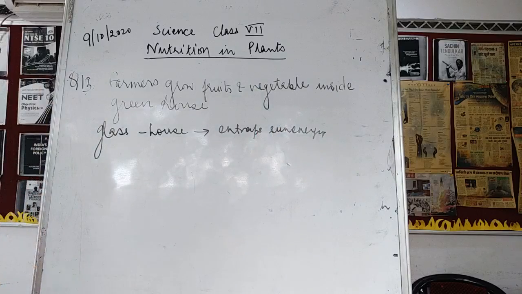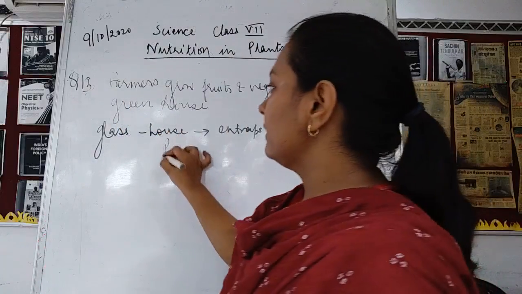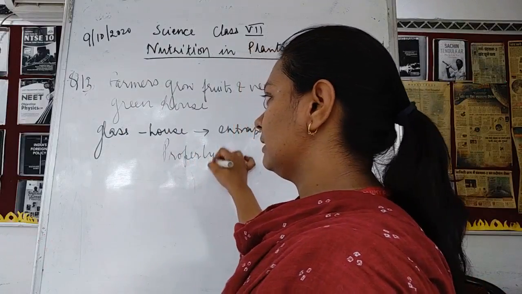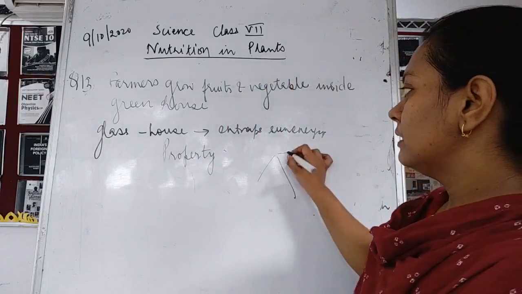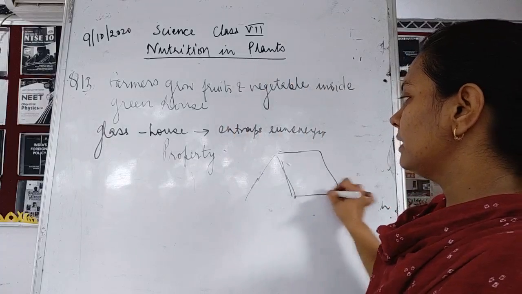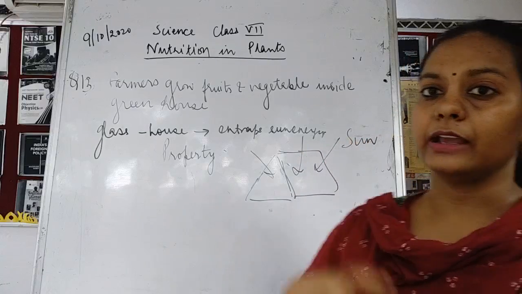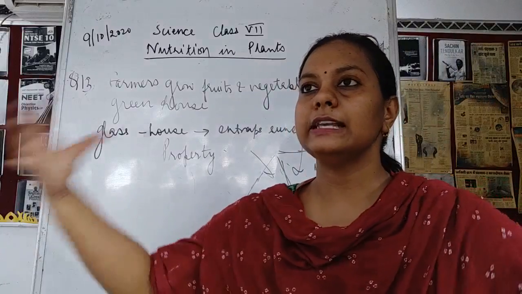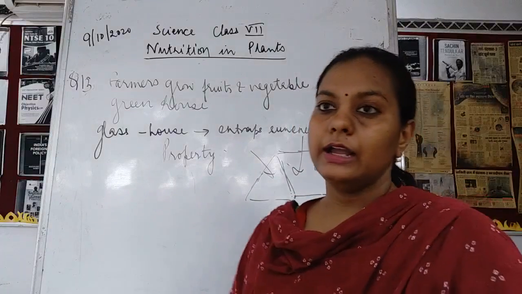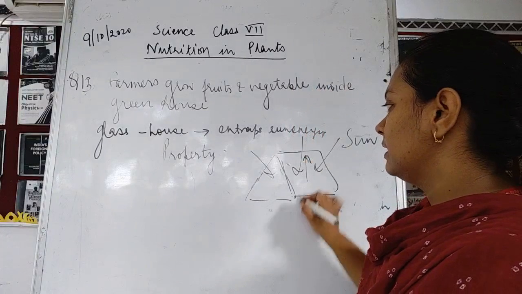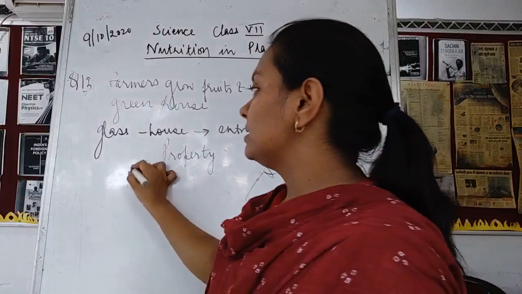Okay, now what happens, actually this glass house has a tendency, glass has a property. What property is it having? It has a good property. What is that? Whatever sun's rays are coming inside this glass house, it is going to entrap the sun's energy, whatever sunlight it is receiving. So glass receives sunlight. Whatever sunlight goes inside, it is not going to radiate the heat outside. It is going to trap the heat inside. So it traps the heat, because of which the proper temperature is maintained.